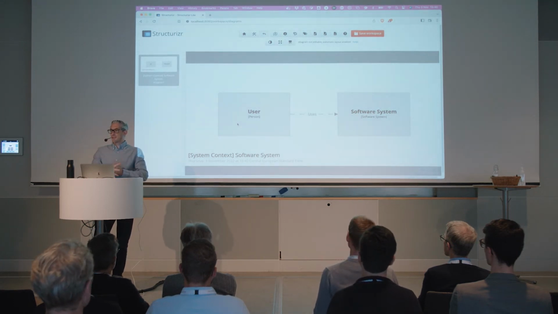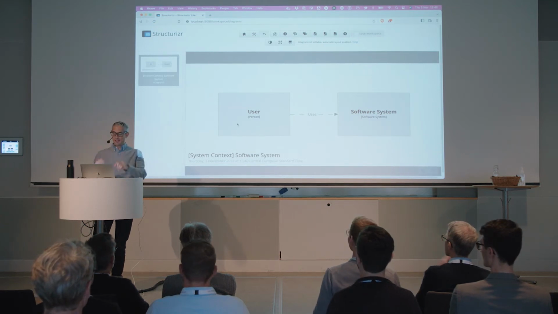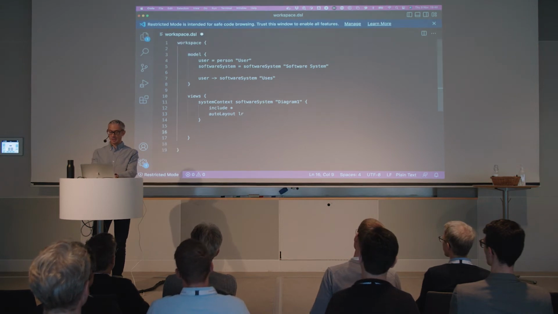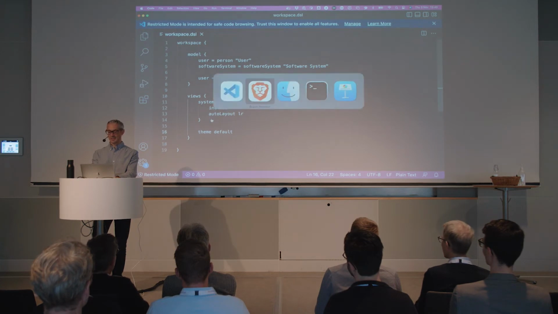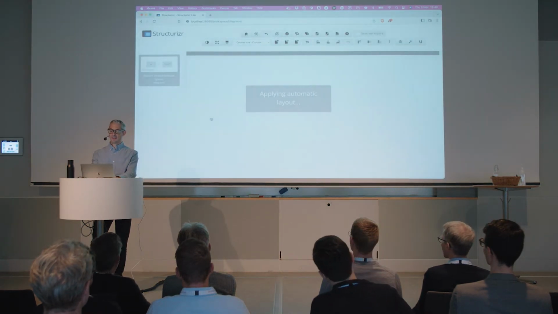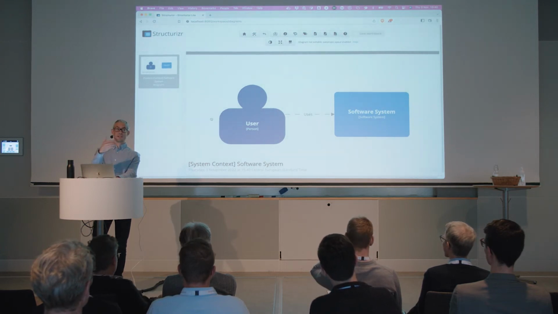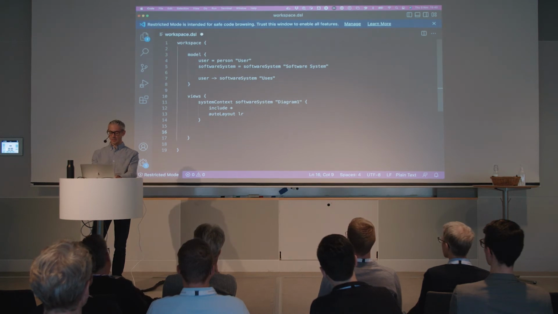Who likes gray boxes? Yay! Who doesn't like gray boxes? Everybody else. So how do we fix gray boxes? You have a bunch of options. I created the ability to add themes to these things, and there's a default theme. Can anybody guess what the default theme does? Blue, correct. I know I should not have done this. This is where we figure out I don't have Wi-Fi. There we go. So that's automatically applied some styling to those boxes, but we don't want to do that.